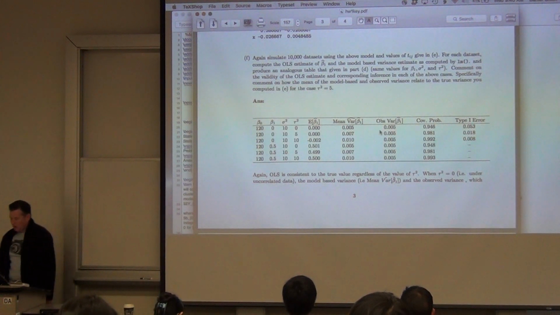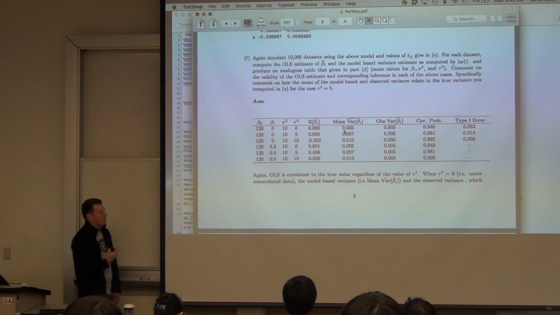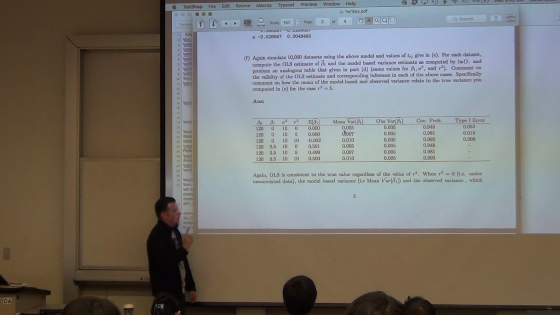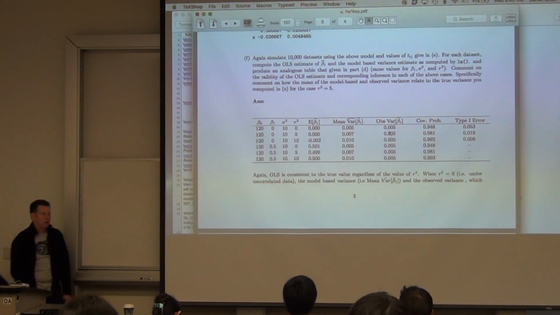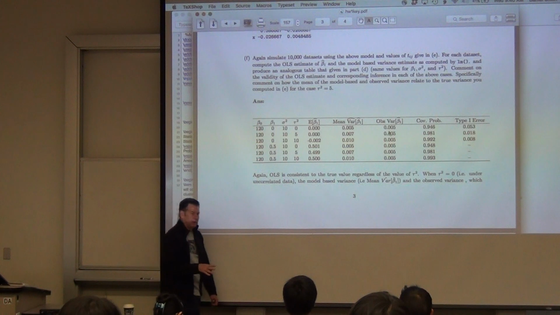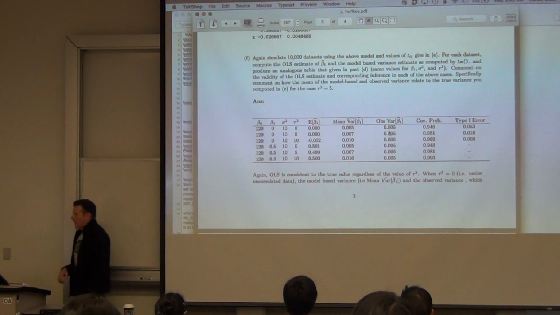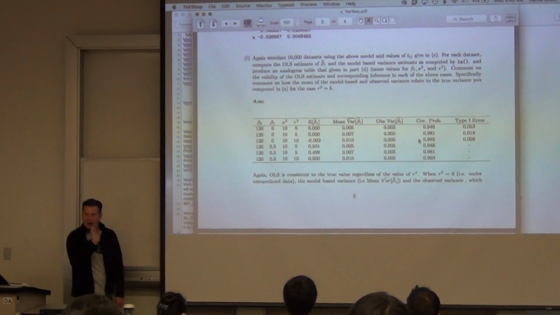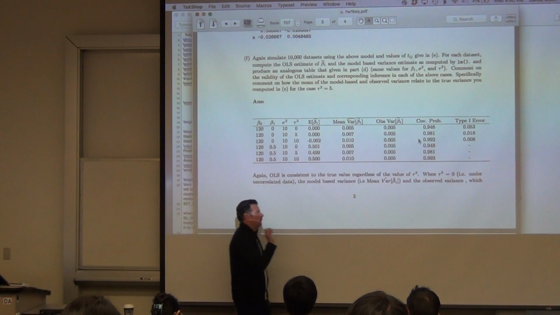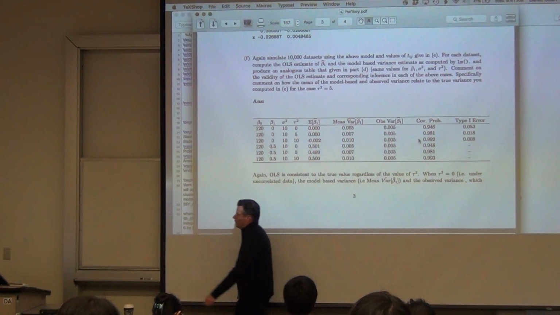So now, when you treat everything as independent, you are not acknowledging the fact that you are using the same sampling unit as their control and gaining that information. So your model-based variance estimate is actually larger than what you would have if you had assumed independence in that case. You're ignoring the fact that you have this extra information. What does that mean? That means the coverage probabilities are going to be higher than their nominal level. They're going to be higher than 0.95. And it also means the type 1 error rates are going to go down relative to their nominal level. They're going to be less than 0.05.